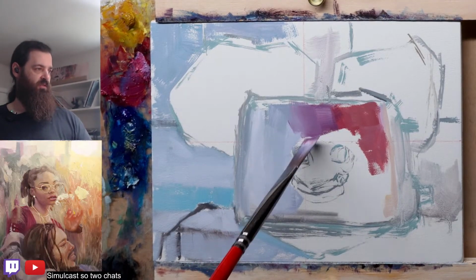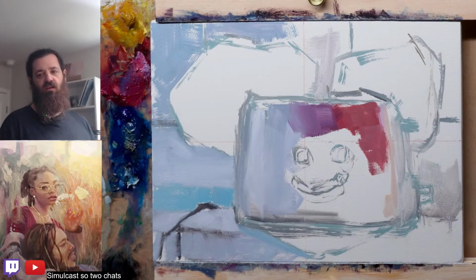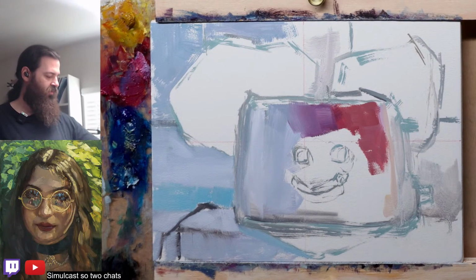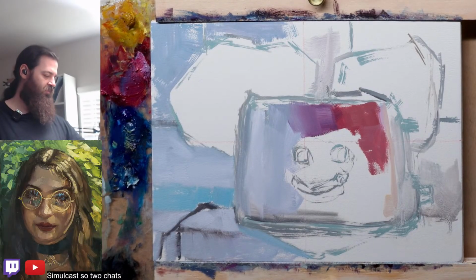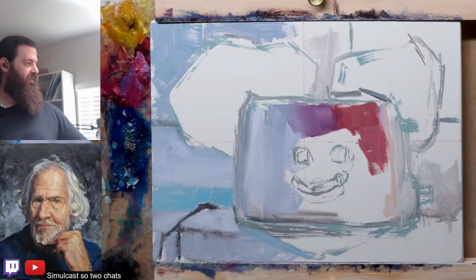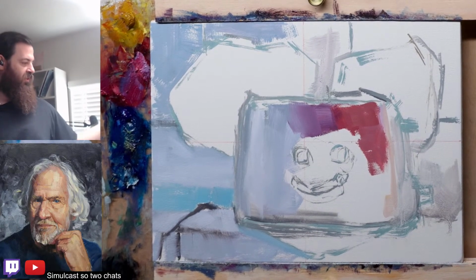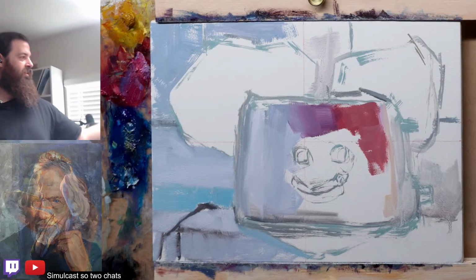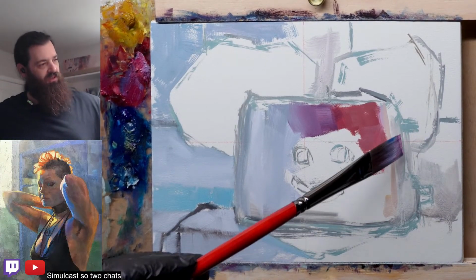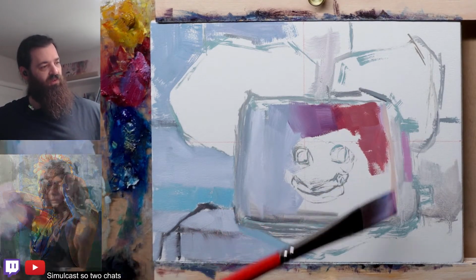Probably should have bought just a toaster for myself, but I ended up buying a toaster from Goodwill for very cheap, just because I wasn't sure if I was going to ruin the toaster or not while I did this. And I don't think I did ruin it, which now I'm kind of regretting not just buying a toaster from like Target or something where I could either return it or use it. And I know I can use the one from Goodwill, but